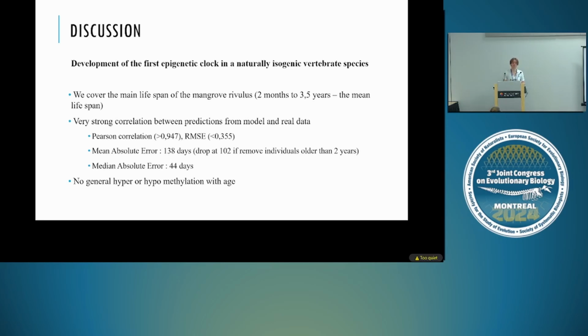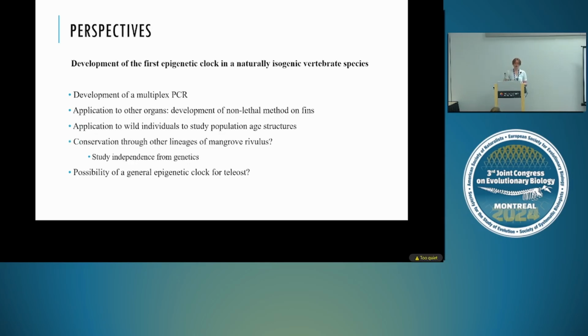I also would like to underline the fact that I could not find any general hypo or hypermethylation of my CpG with the age. And so what's next? As only a bunch of CpG are enough to actually predict in a good way the age of my individuals, we could develop a multiplex PCR. That multiplex PCR could be a tool, and we could see if we can apply it, for example, to other organs, notably the caudal fin, to develop a non-lethal method of predicting age that could actually be applied, for example,